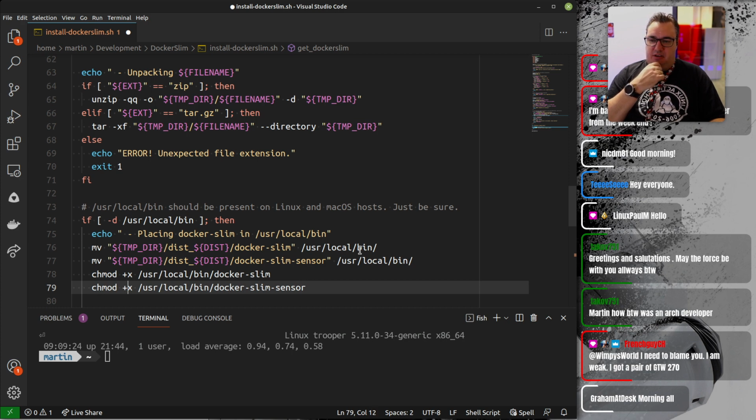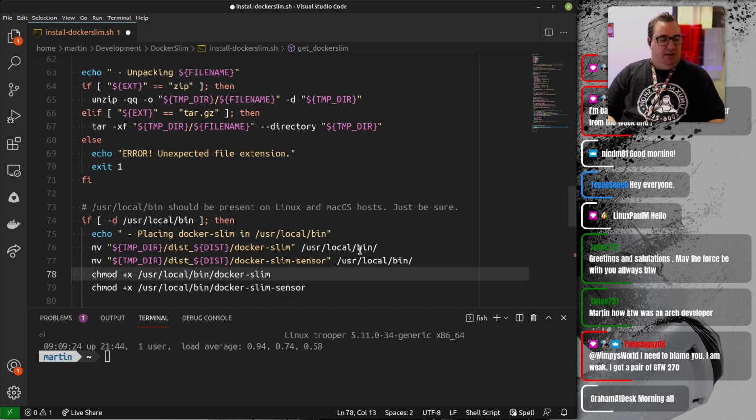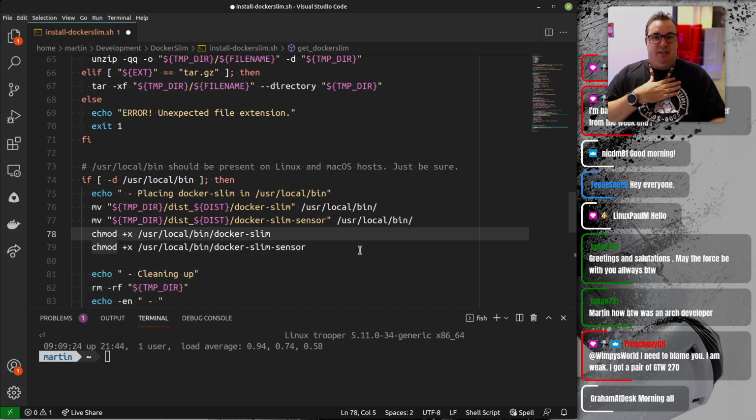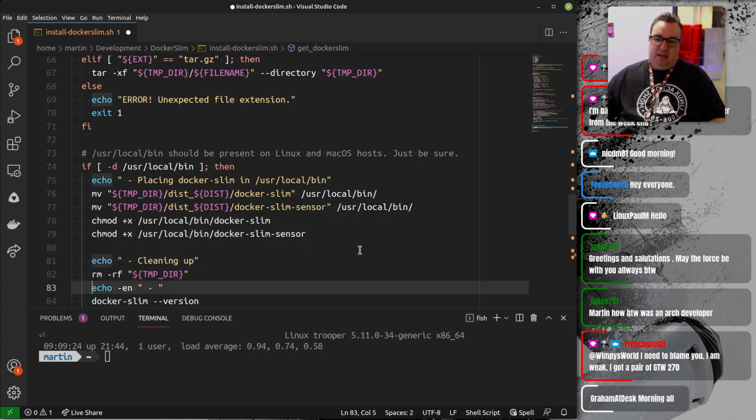the executable bit on those files, because zip files, oversimplistically, you can't guarantee that attributes are saved within zip files. Now, I think they are in the case here because they're built on Linux, but just to be certain, we set the executable bit here. This is really for macOS. Or in the eventuality that maybe the build process doesn't set the executable flags as it makes those archives in